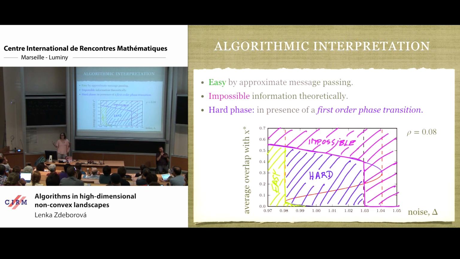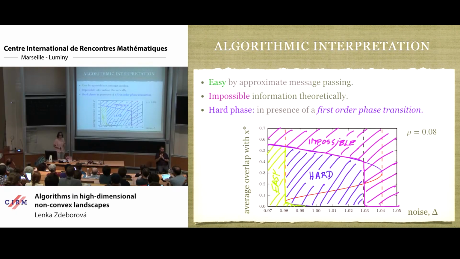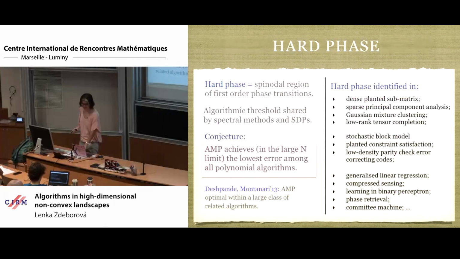So that's easy, at least for this particular algorithm. And then there is an intermediate region where information theoretically we could get such a good overlap, but the algorithm is not giving it to us. So far so good. You tell me, so what? That's nice. We have some algorithm that has a region where it doesn't work, so maybe some other algorithm will work in that region. So this is one point that is really interesting, that we actually believe that there is no algorithm, polynomial one, that will work in that region.